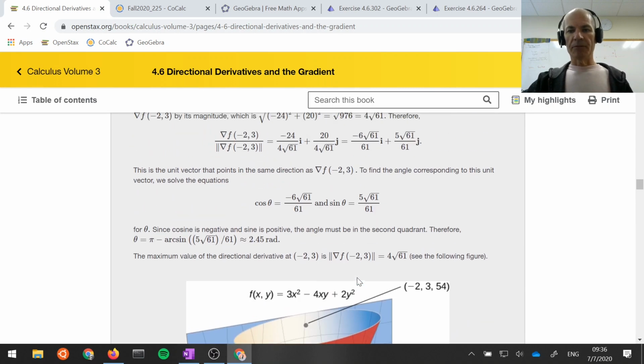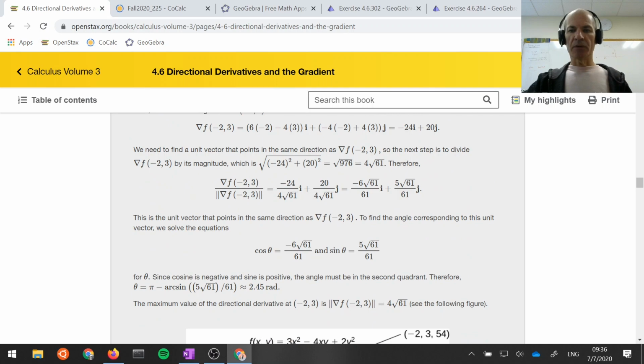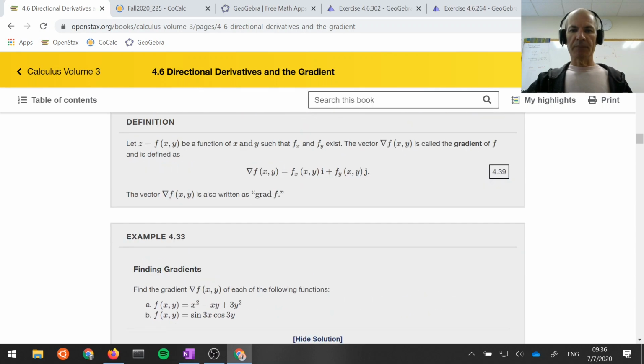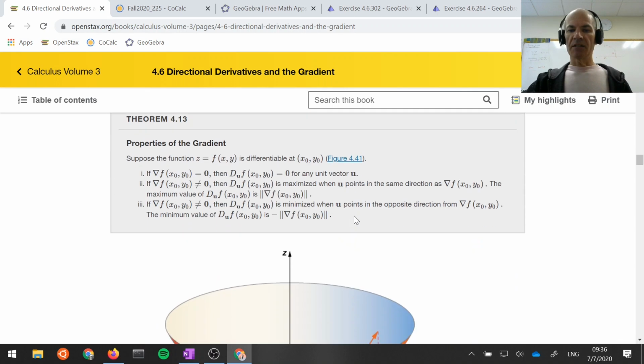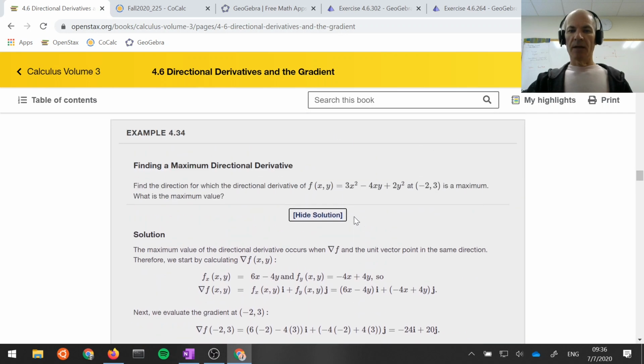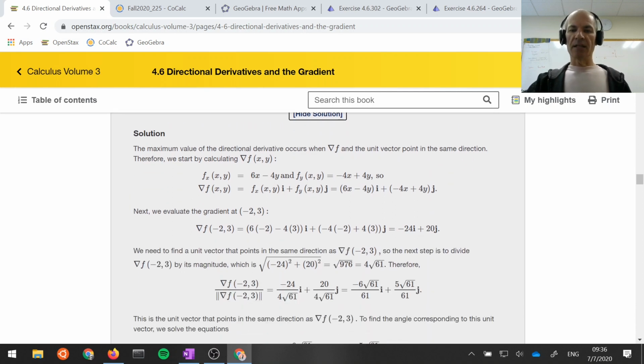Oh, and I should emphasize here that when you're working with the gradient, way back up here, this definition, it's really important that u is a unit vector. It's so important that we actually use the letter u to remind you that this needs to be a unit vector. And in this example down here, finding the direction for which the directional derivative is a maximum, it means taking the gradient and dotting it with,